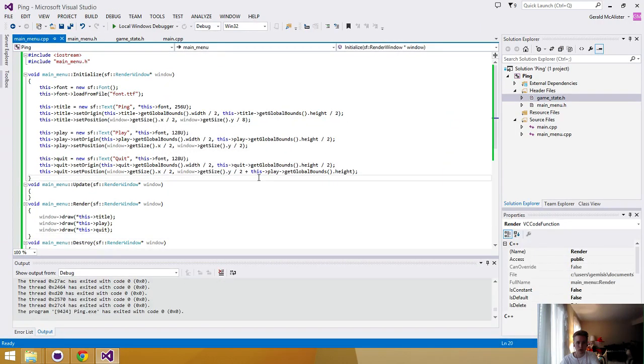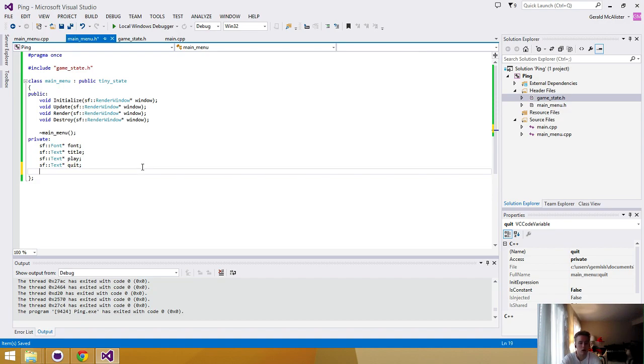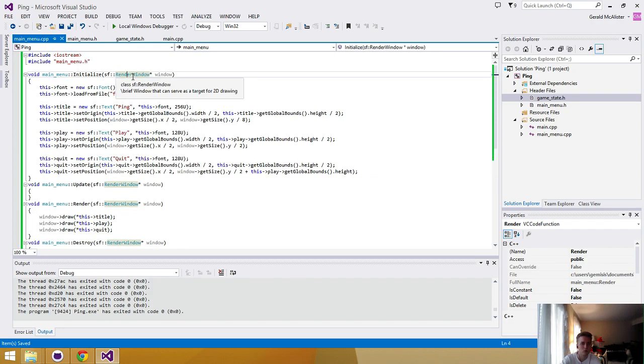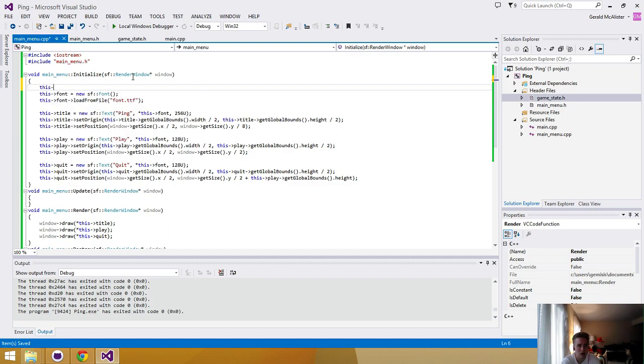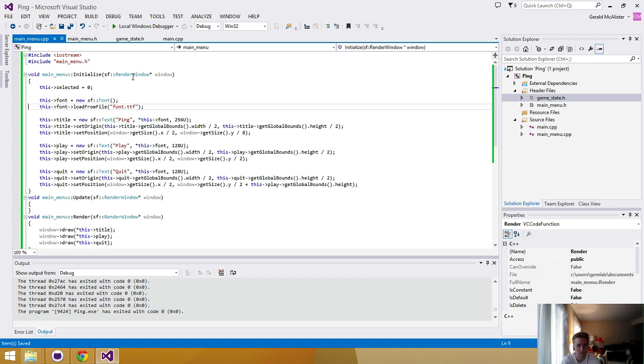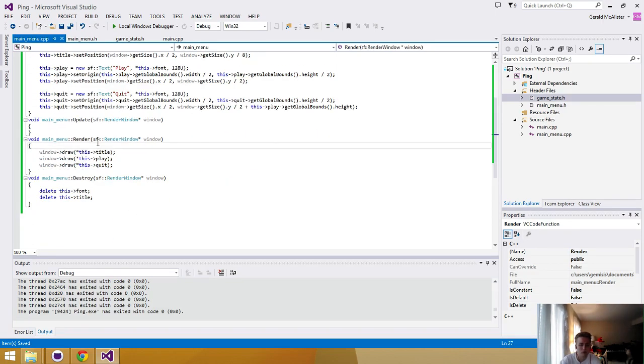So now that those are all done, let's go ahead and have them look a little bit fancier. So what we're going to do is, let's see, how do we want to do this? We'll have the selected one just be a different color. So we have a selected value which basically says which item is selected. By default, we'll set it so that the play button is selected. And the way that we do that is we do switch